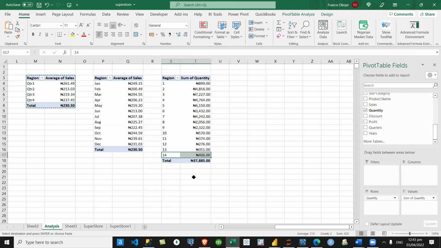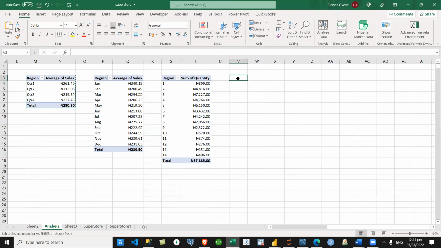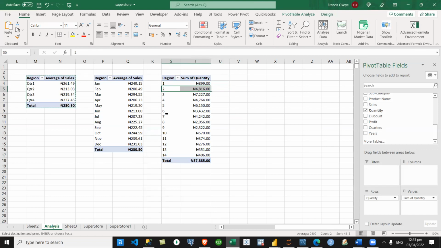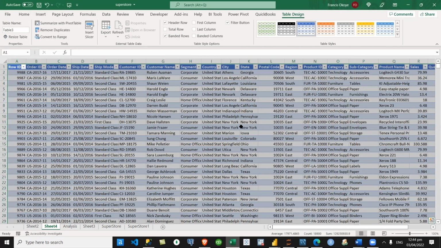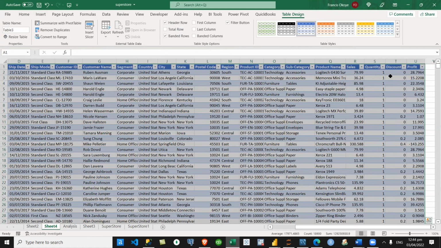So we can also do it this way. Now, just imagine you are trying to do your own sales analysis. These are customers that bought just one item. These are customers that bought 2 items. These are customers that bought up to 14 items. Can you see that now? If I want to put the customer name by the side, how will I do that? Like another column with the customer name. So for example, if I click on this, it will show me every data about the customer that bought just one.